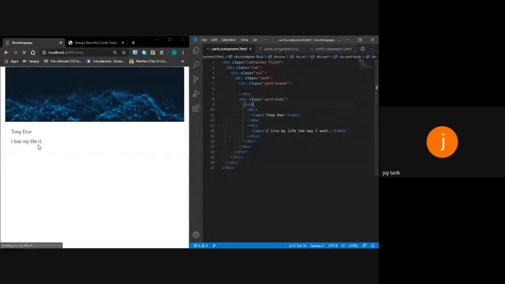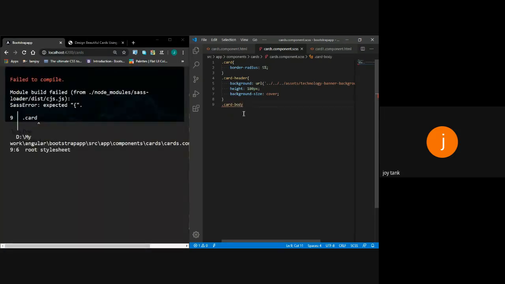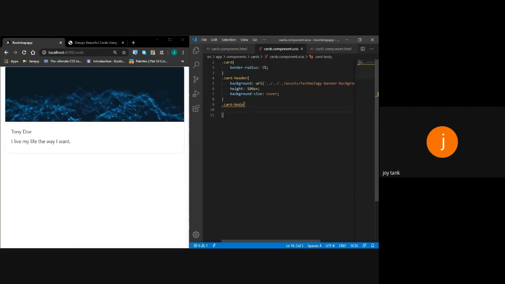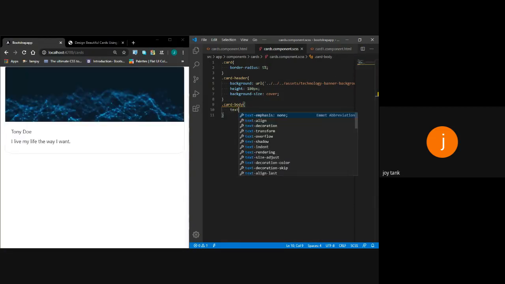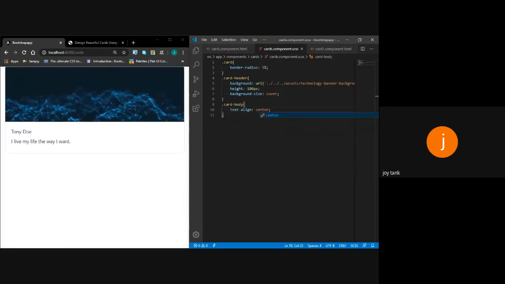So you have written a subtag. Now you can assign different classes to it. Like I want the contents of my card body to be at center. So I will implement this class within this CSS and say that please place my content in the center of your card. Okay, now you have placed the content in the center of your card.